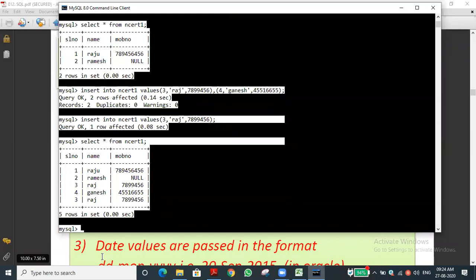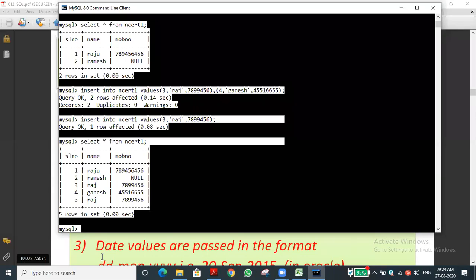Suppose you set the serial number as a primary key, or name as a primary key, or any one field as a primary key, it won't accept. That's the concept. It won't accept the repeated value. For example, you can see the third line, Raj is there. Again we are inserting the same data, isn't it? But what is the thing? It will accept because we didn't set the primary key.